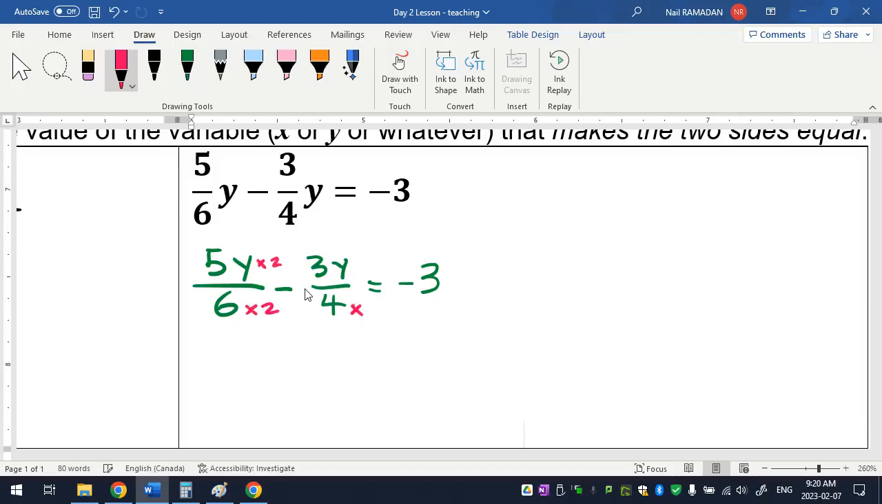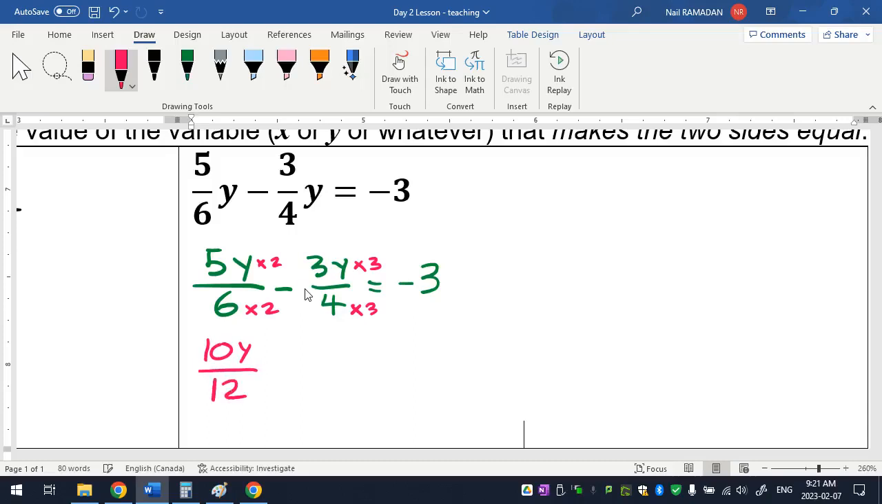4, you multiply by what? I want to make it 12. 4 times what gives you 12? 3. 3 times 3. Okay? What's my next line? What's 5y times 2? Not 5 times 2, 5y times 2. 10y. 5 times 2 is 10, and the y just stays there. So 10y